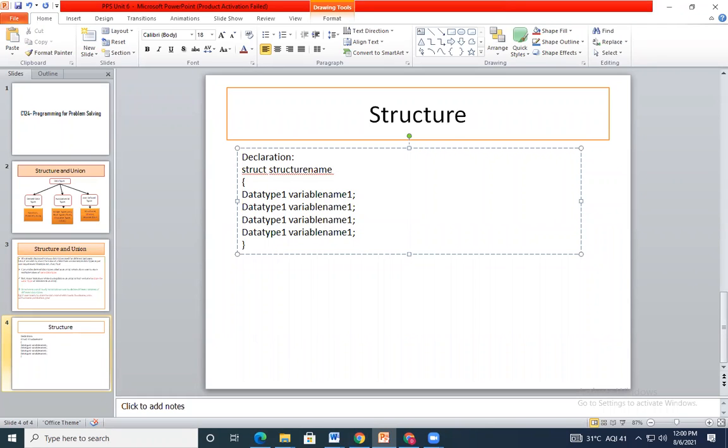Okay, now here data type 2, variable name 2, 3, 4.